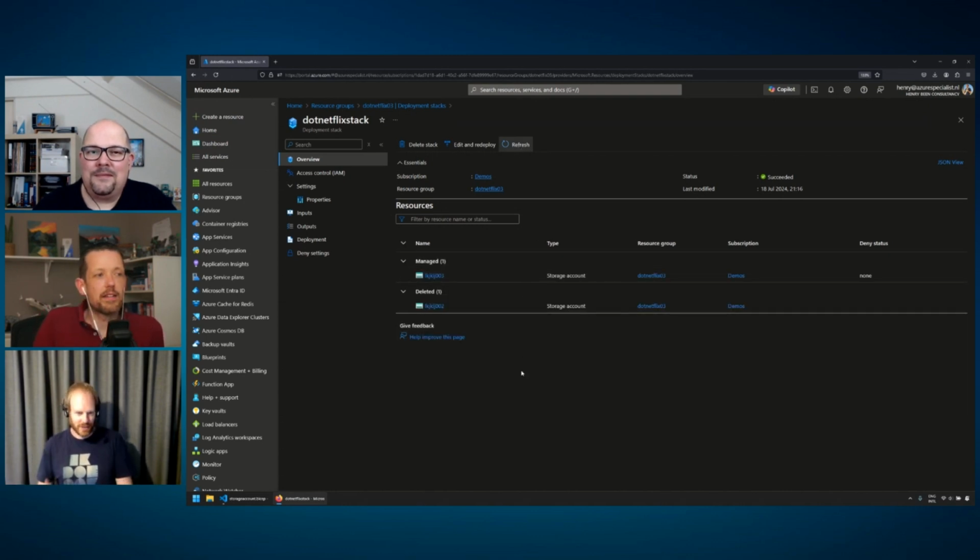Yeah, that makes sense. I would have hoped, though, that in the detached scenario, you could have basically infinite detach, right? So if I'm stupid enough to remove something from my Bicep script and deploy that, it's going to be in the detached state.